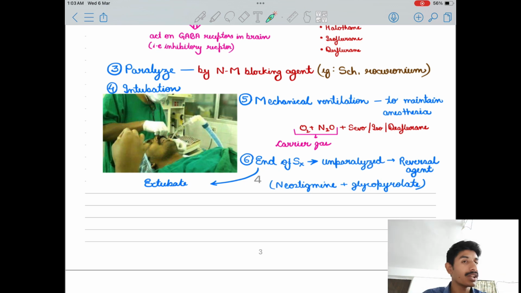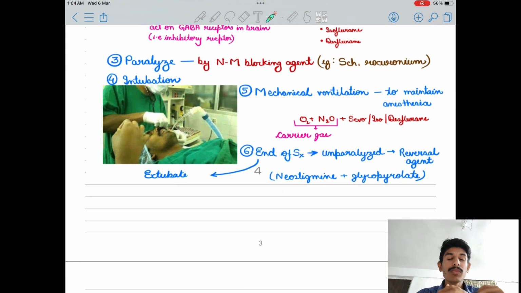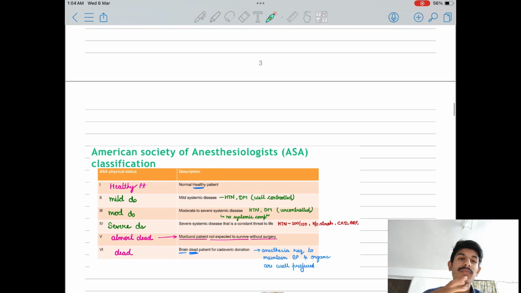Now the doctor told me that the operation is finished and the patient must become unparalyzed. Now to end the anesthesia and to make the patient unparalyzed, we'll give reversal agents, neostigmine and glycopyrrolate. So you are unconscious, then we give you these drugs and you will be unparalyzed, so you can move your body and you will be awake after some time. And when you are awake, first we gave you the oxygenation tube in your mouth, but now we will remove the tube so you can breathe by yourself. So these were the 5 steps which we do in anesthesia.